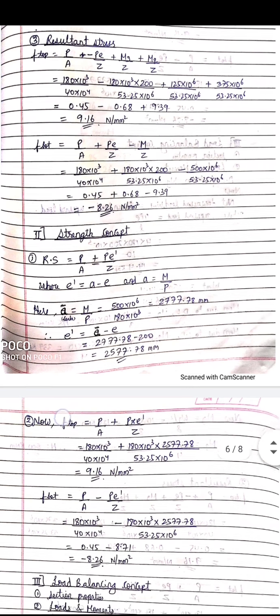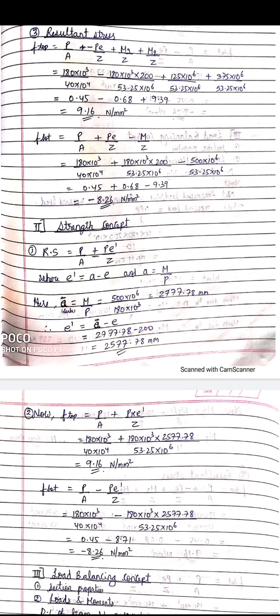So in this, remember the resultant stress is given by P by A plus or minus PE dash by Z, where E dash is nothing but A minus E. In the last numerical we had seen how to find out or plot the pressure line. So here we are going to find out the resultant stresses with the help of the pressure line method. So your E dash is nothing but A minus E, where A is equal to M by P. So first we will find out the shift of the pressure line, that is A at the center,